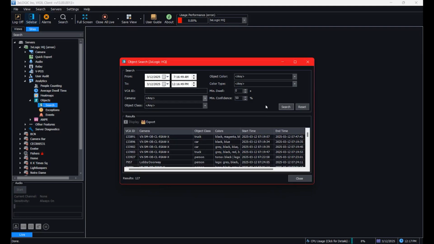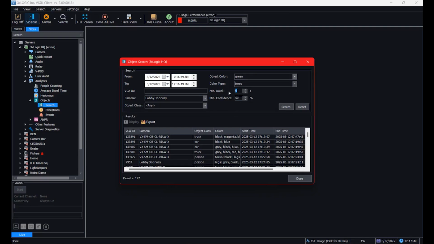Now, if I did this search and I said, oh no, I was looking for someone perhaps wearing a green shirt walking through a particular door, well, I'd come over here and say, well, I know that's going to be on my lobby doorway. I'm going to come down here and say, well, what classification is it? Well, I see bag, bicycle, bus, car, etc., but I don't see shirt or pant color. Well, what you can do is actually come over here off to the right, and that's going to be under color type. I'm going to switch this over to torso. I'm going to say green shirt because that's what I was talking about before,